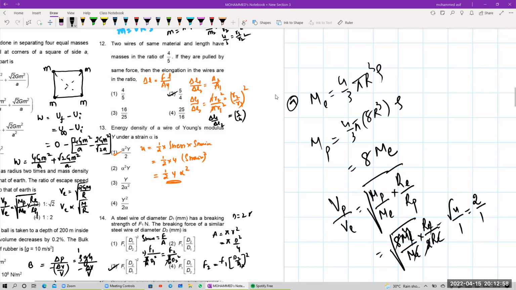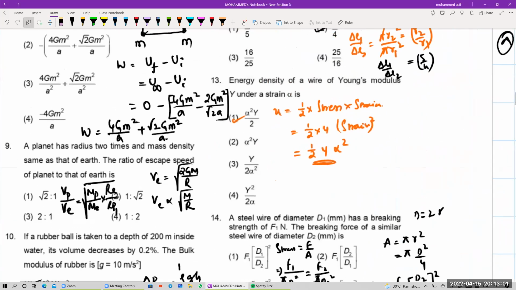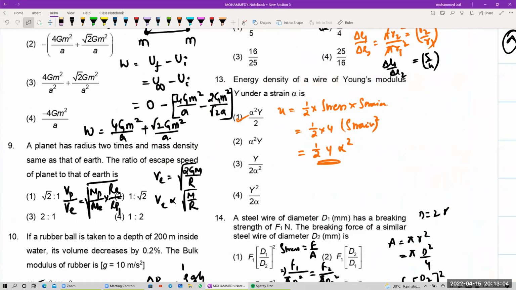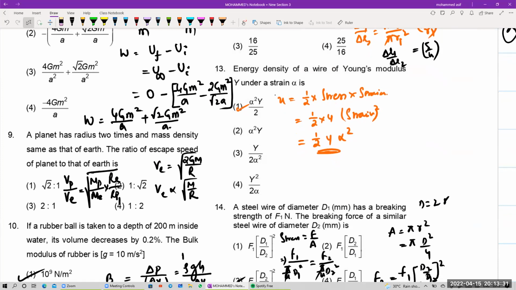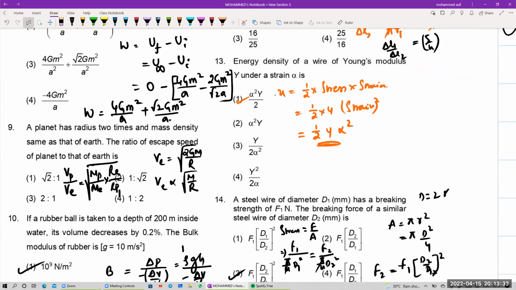सर मास डेंसिटी, हाउ मास डेंसिटी इज सेम बेटा, देखो प्रॉब्लम में क्या दे रखा, the planet has the radius 2 times and the mass density are same as that of your earth. Radius is 2 times and mass density of the material is same, only density is remaining same beta. हाँ तो मास के अंदर रेडियस है ना बेटा,